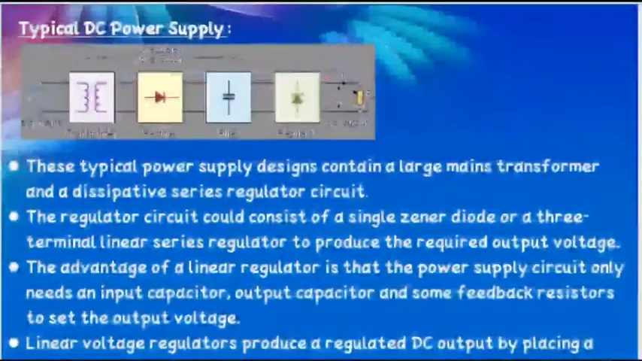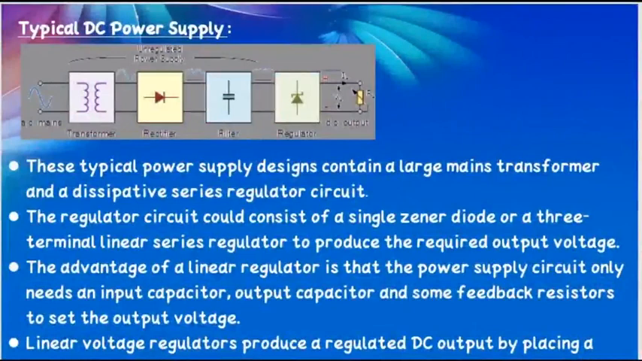Typical DC power supply. This typical power supply design contains a large mains transformer and a dissipative series regulator circuit. The regulator circuit could consist of a single Zener diode or a three-terminal linear series regulator to produce the required output voltage. The advantage of a linear regulator is that the power supply circuit only needs an input capacitor, an output capacitor, and some feedback resistors to set the output voltage. A linear voltage regulator produces a regulated DC output by placing a